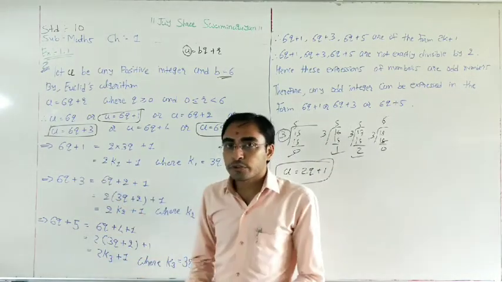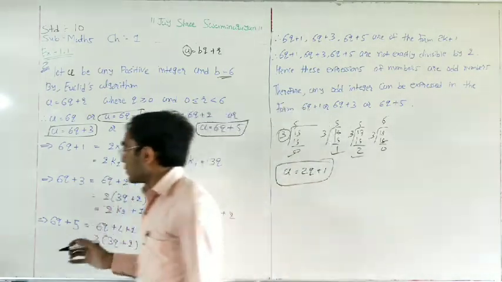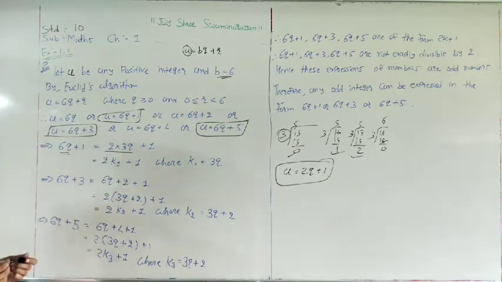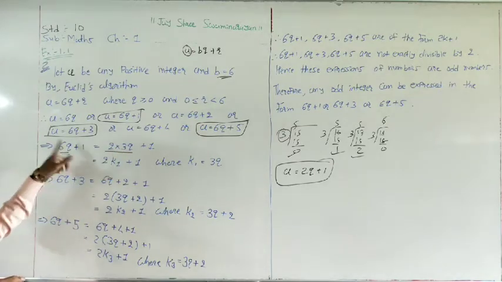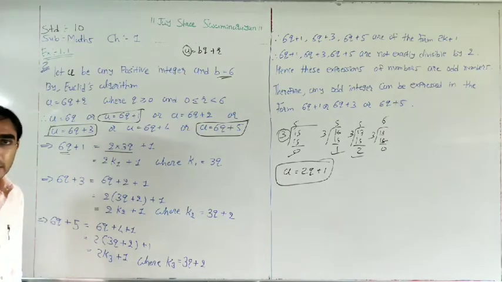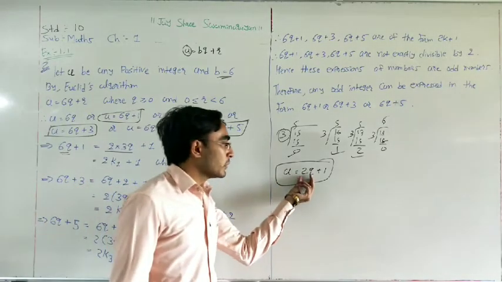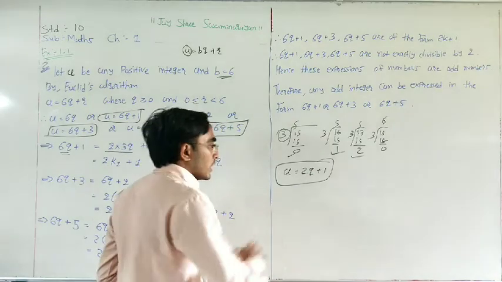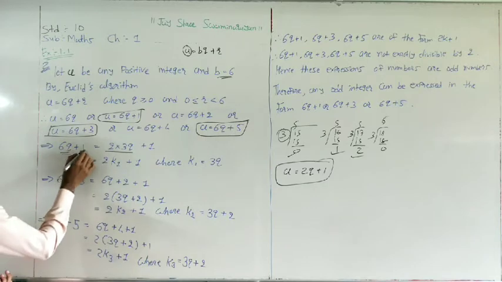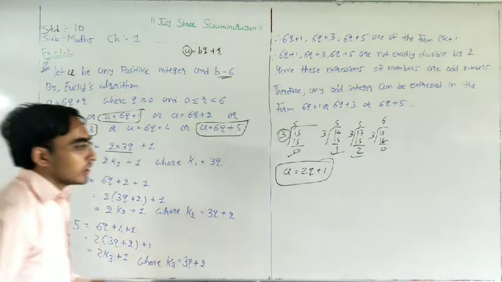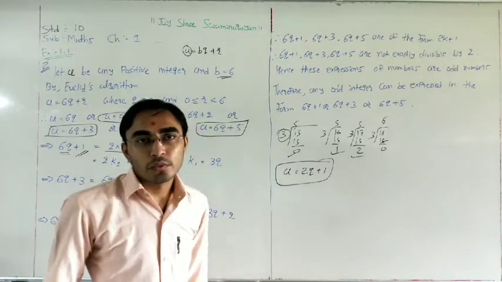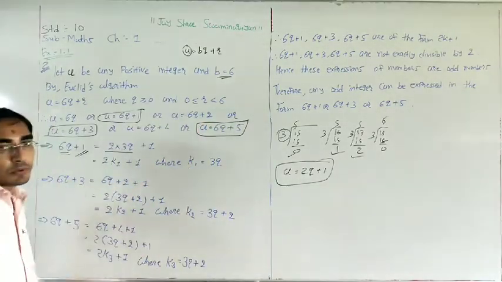Okay, here first of all we have 6 cube. This 6 cube we can write like this: 2 multiply 3 cube. Right? We just factorize it. Why? Because we want this form, 2 cube plus 1. Plus 1 we already have here. So we just want 2 cube, and for that we want 2. That's why here I use the factor 2.